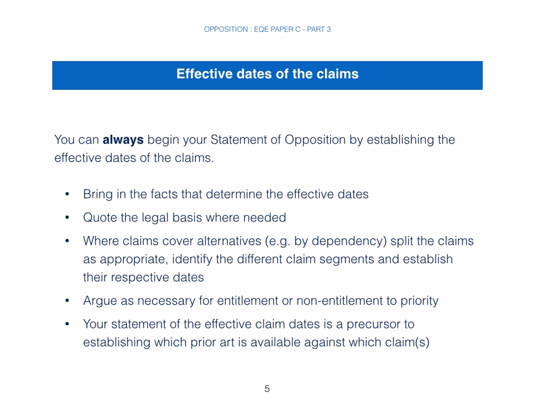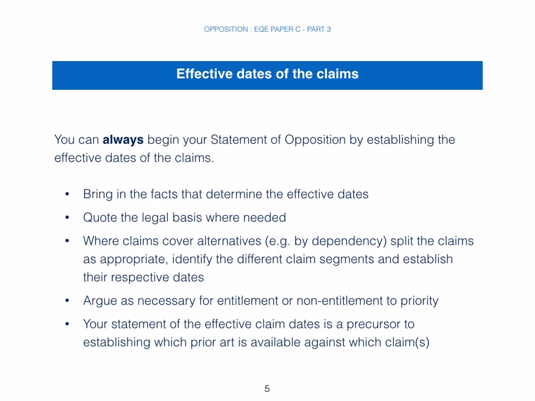For this, you bring in the facts that determine the effective dates, quote the legal basis where needed, and where claims cover alternatives, for example, alternative dependencies, split the claims as appropriate and identify different claim segments and establish their respective dates. As necessary, you argue for entitlement or non-entitlement to priority,